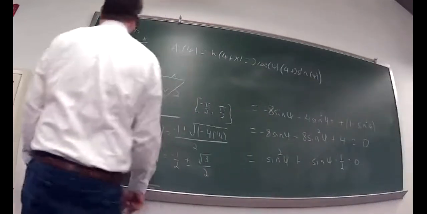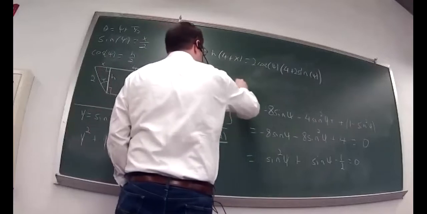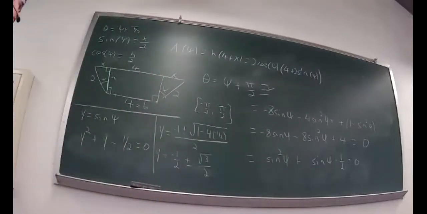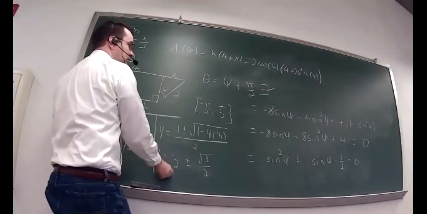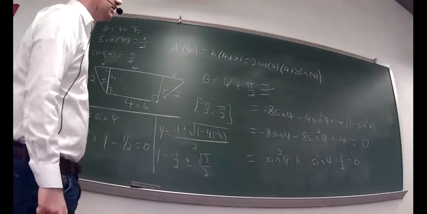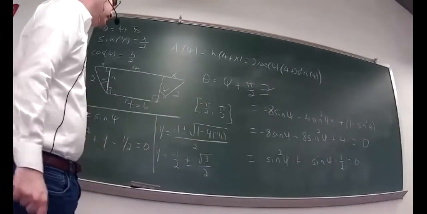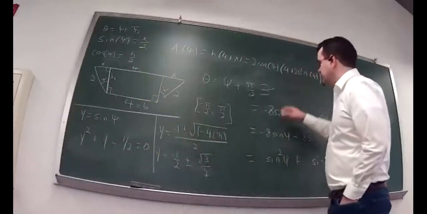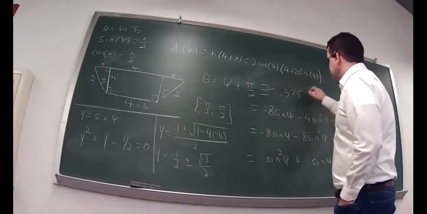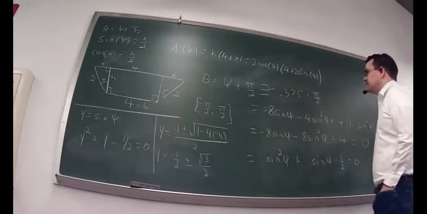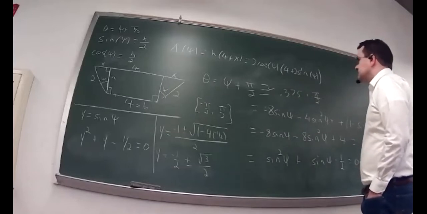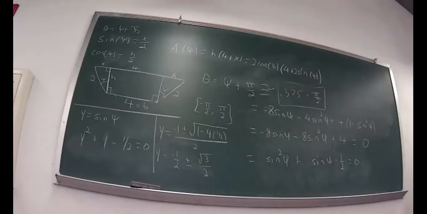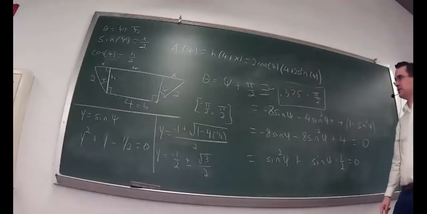we're supposed to find the value of theta, and remember that theta was equal to psi plus pi over 2. And our approximate value for psi, which we got from applying the quadratic formula and then using Desmos to approximate the value of psi, given that the sine of psi was equal to this number, was approximately 0.375 radians plus pi over 2. So this is my final answer. That's the answer that does it. And if you want to convert that back to degrees, you can, and then you'll get an answer that's approximately